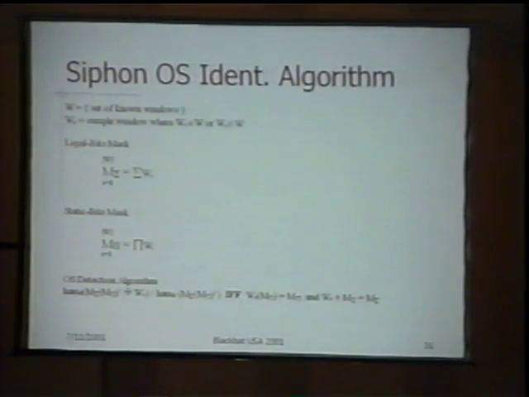And then this bottom part just explains that we have a little leeway here. When we get a window, we compare it with the legal bits, verify that, compare it with the static bits, verify that, and if there are any discrepancies there, we are able to make an estimation of how far off this matches